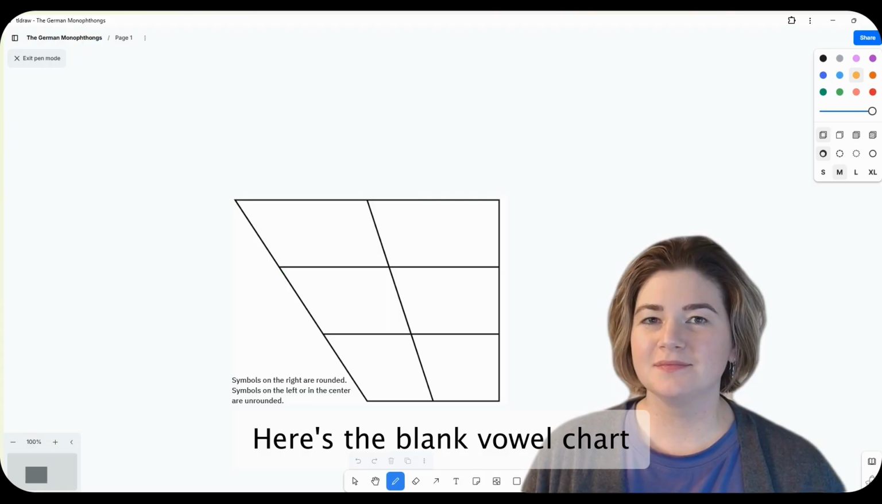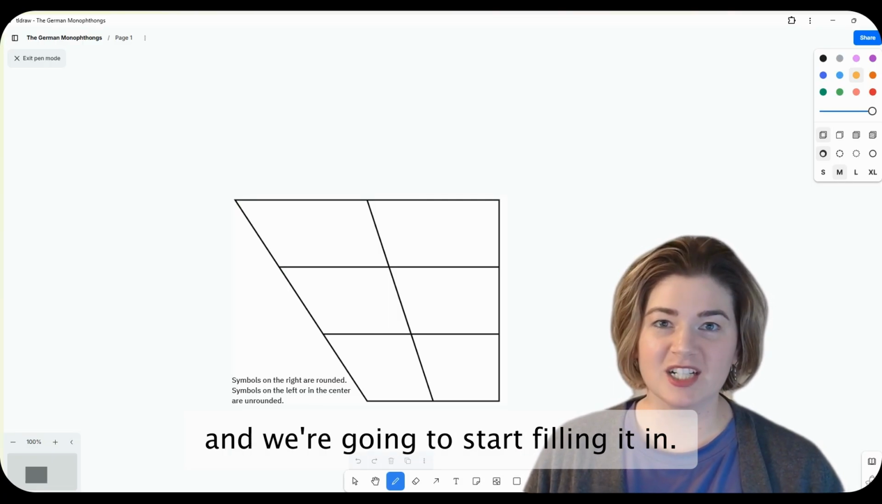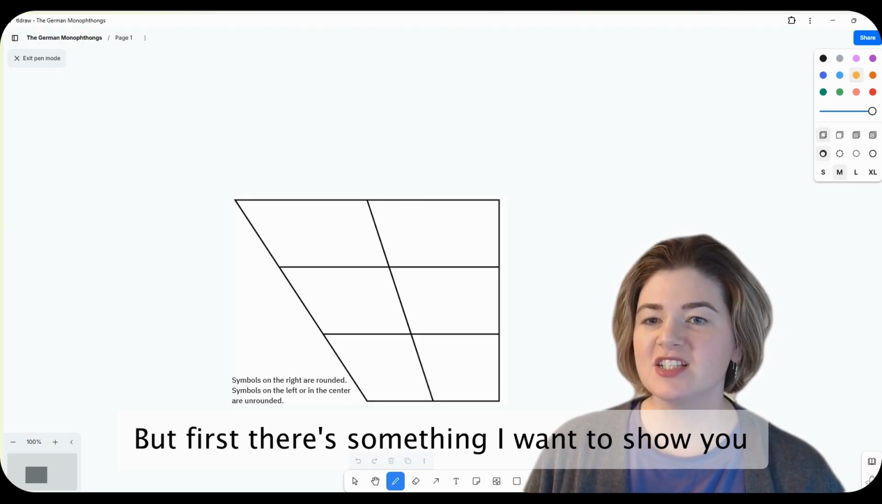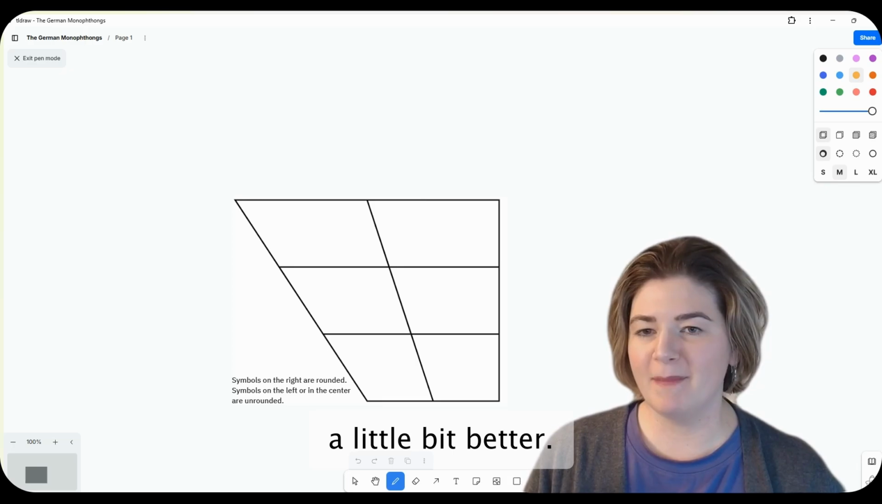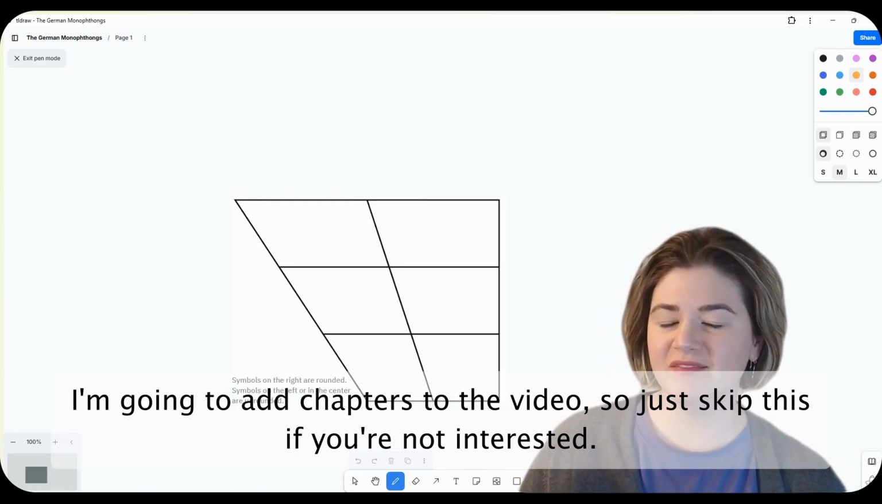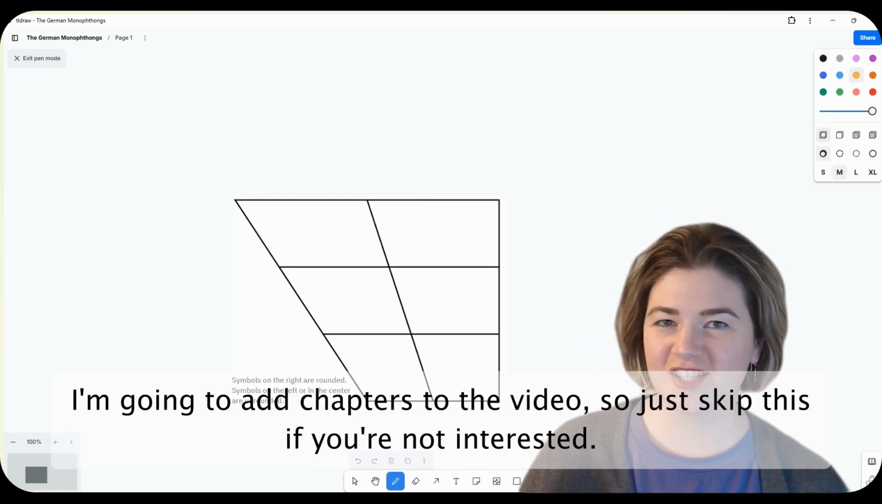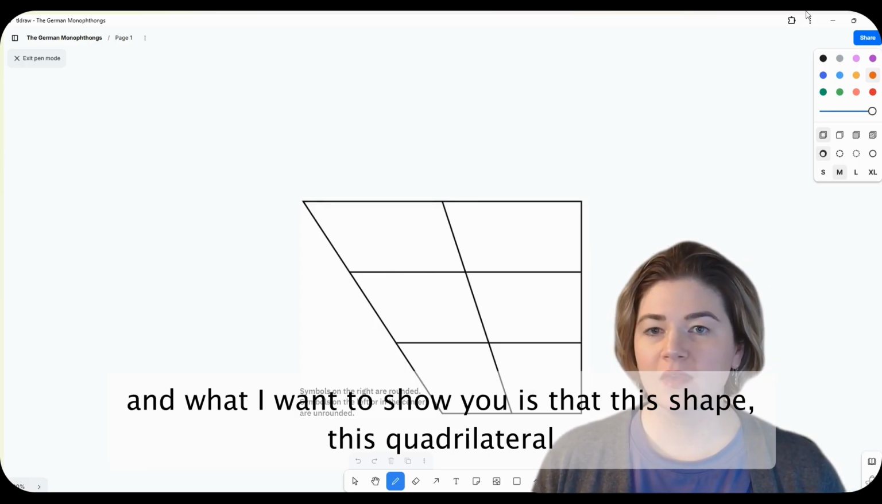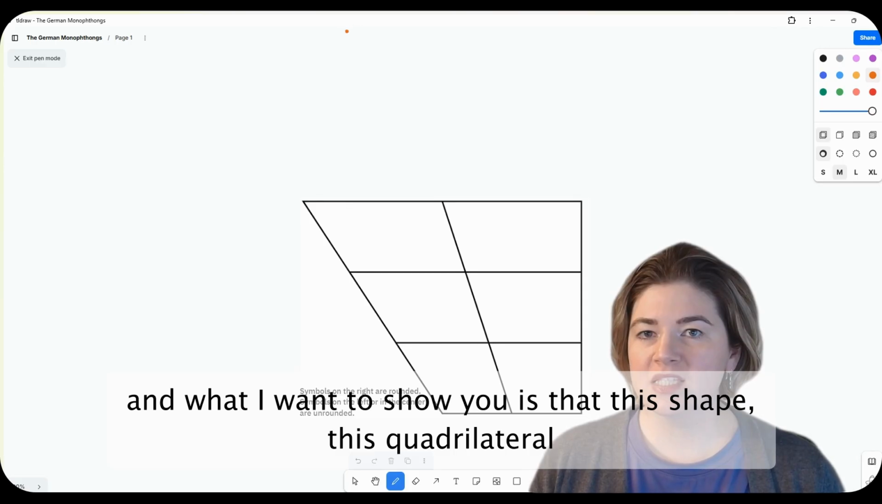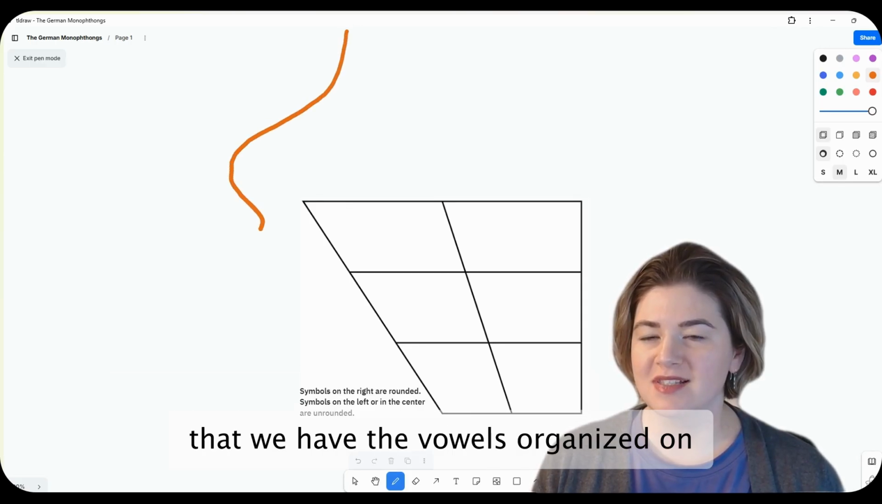It's interesting. Here's the blank vowel chart, and we're going to start filling it in. But first, there's something I want to show you that might help you understand the whole vowel chart thing a little bit better. I'm going to add chapters to the video, so just skip this if you're not interested. I'm using a whiteboard app called TL Draw, and what I want to show you is that this shape, this quadrilateral that we have the vowels